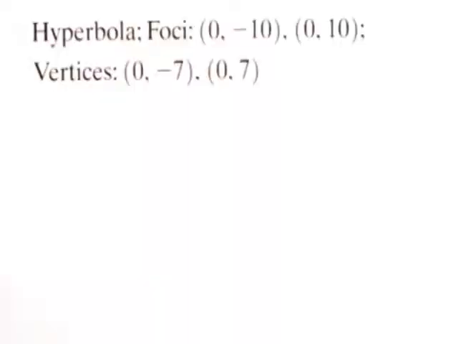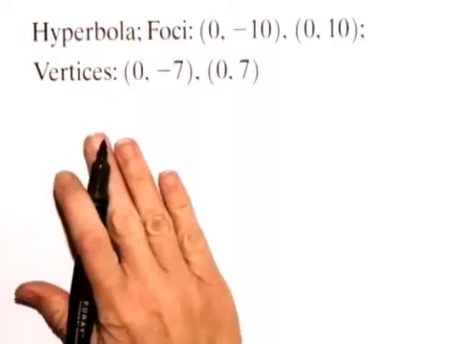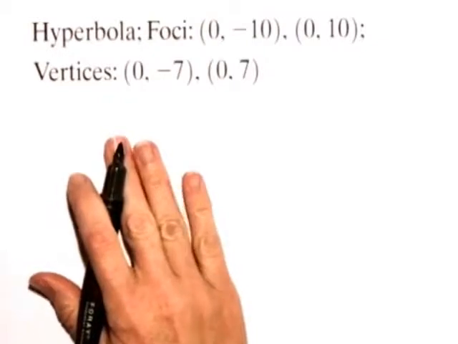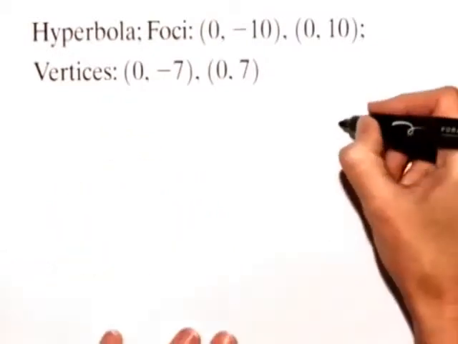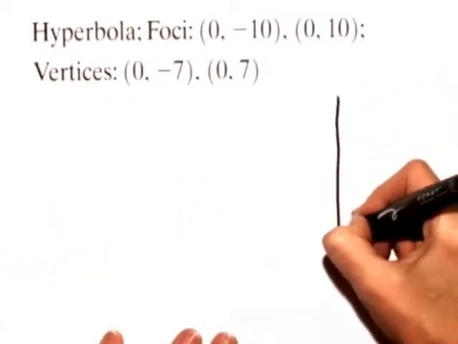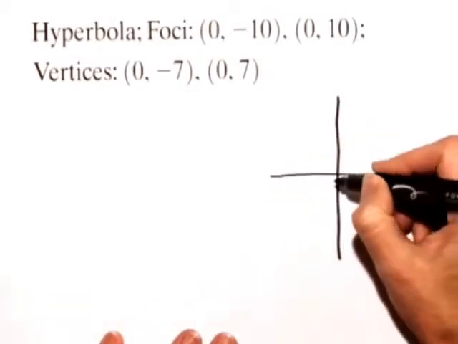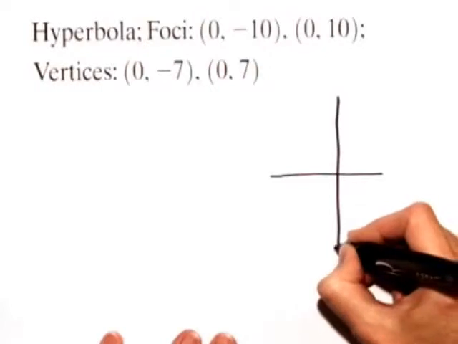In our next problem, we'll come up with the equation of a conic section in standard form. We're given a hyperbola with information about the foci and the vertices. Let's do just a quick sketch of these points to help us. We can see that we have one focus located at